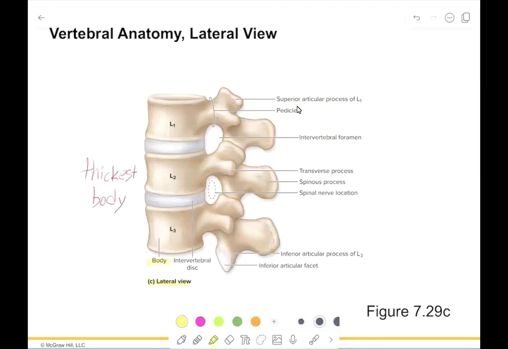So other important regions of this diagram you should be able to identify would be that fibrocartilage intervertebral disc, the superior articular process of L1 in this case, the pedicle, which remember is between the body, and where the spinous process would be, the intervertebral foramen, which is going to be where the spinal nerves come out of the spinal cord,